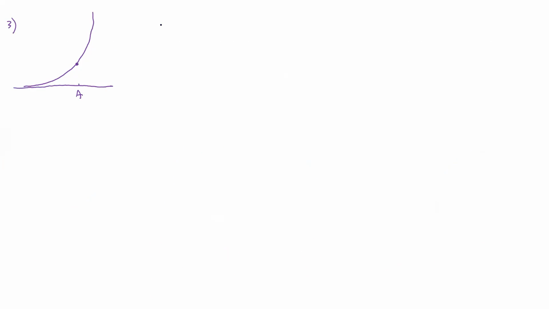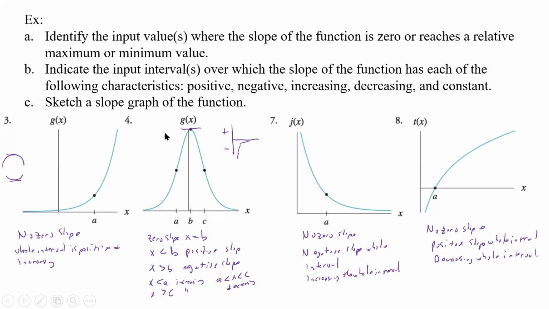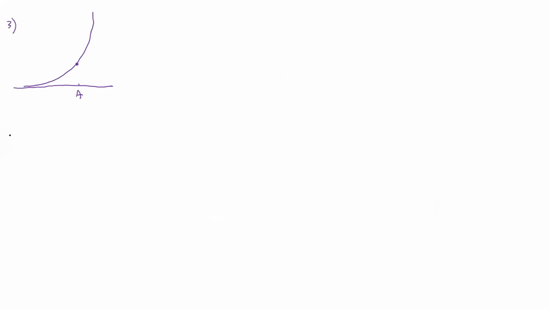That's how we'll do that one. And then what was the next one? 4. And so it's going to be going up. That's a 0. And then it's going down. All right, so let's try that. So 4,